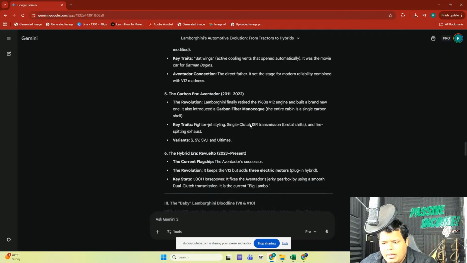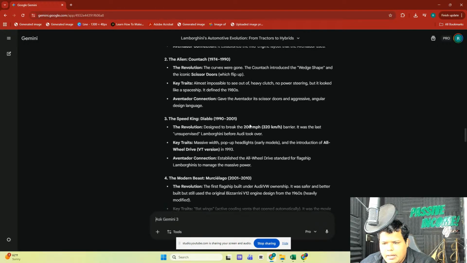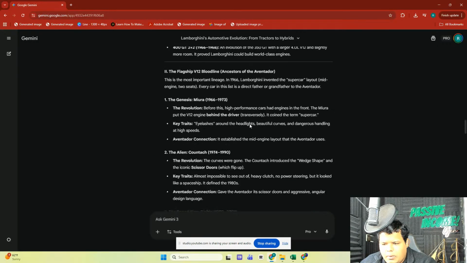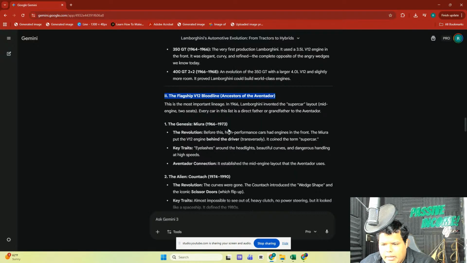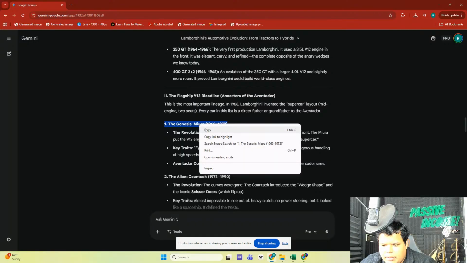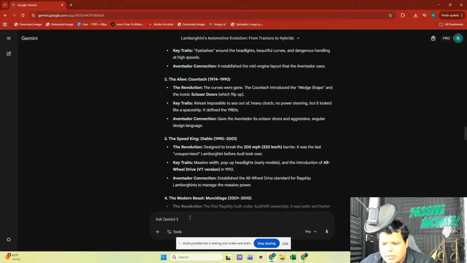But now I'm going to go to the second one, or the one that follows, the flagship V12 bloodline. Then we have the Genesis Muria. Okay, the Genesis Muria. This is the first. Okay, so I'm going to say now, in a similar setup, generate the following frame for